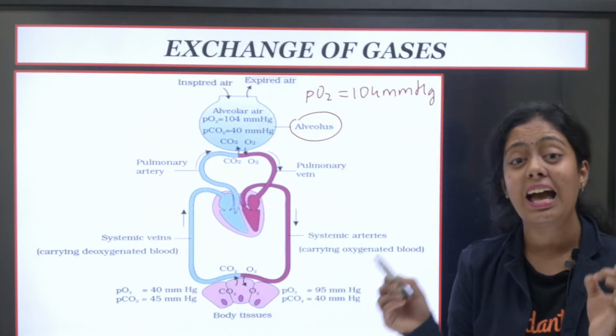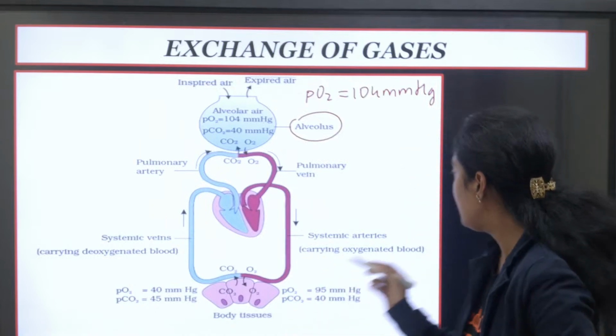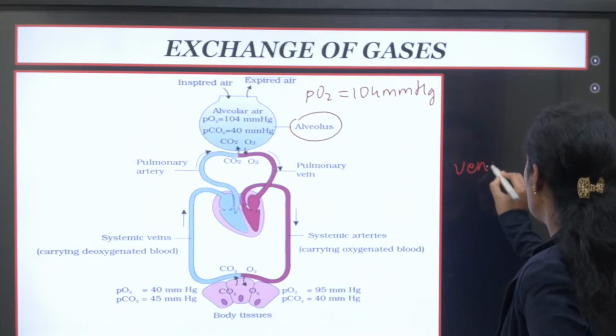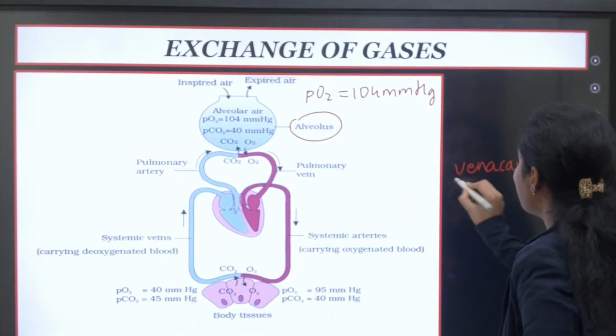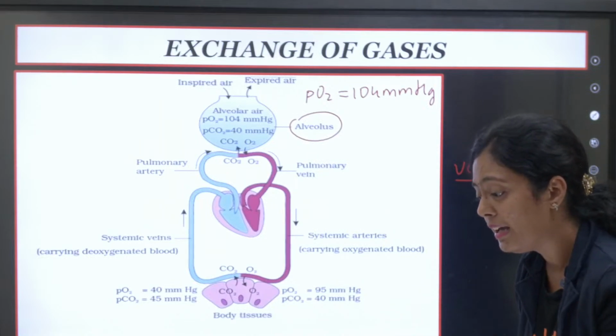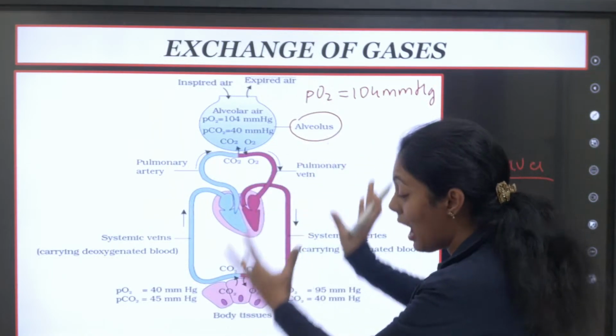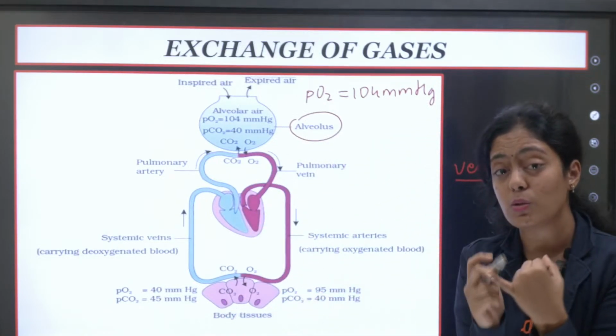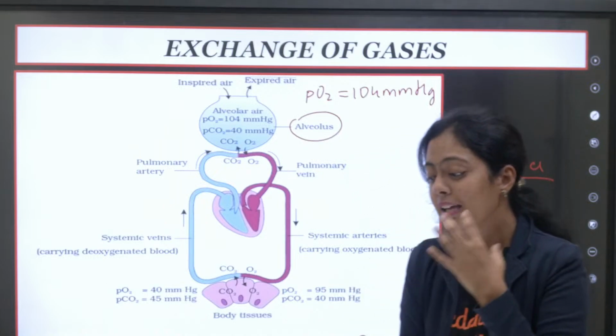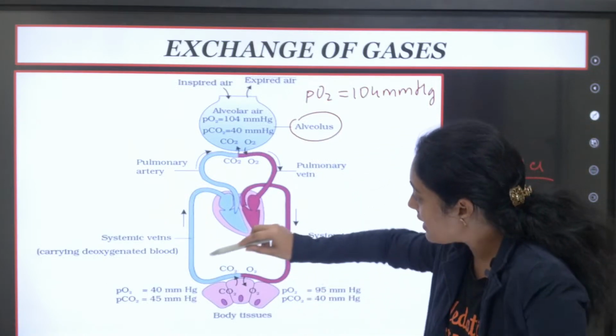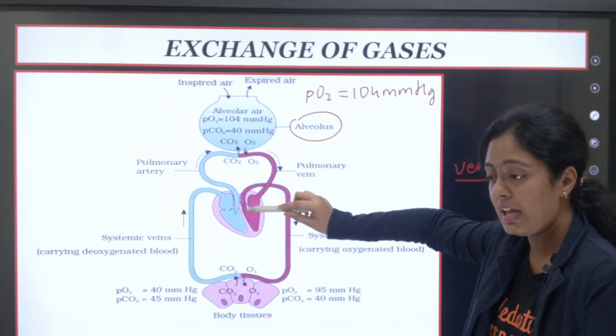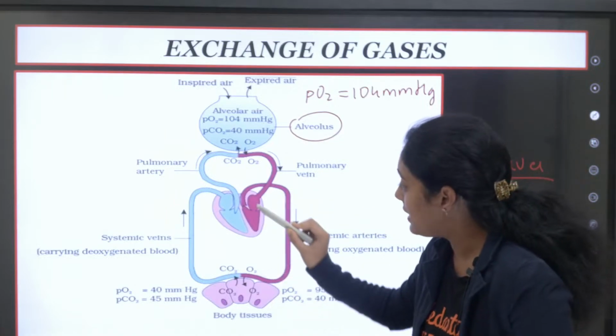Deoxygenated blood, who carries it to your heart? It is your vena cava. Correct? So vena cava carries deoxygenated blood. Coronary vein in your heart. Okay, I'm talking about you have superior and inferior vena cava. Yes, very good. You can see here the superior and inferior vena cava will carry the deoxygenated blood